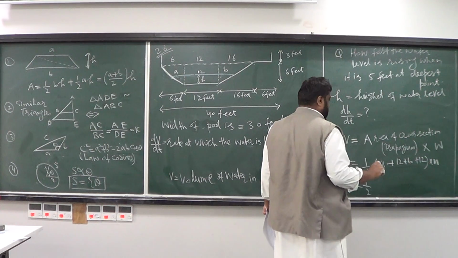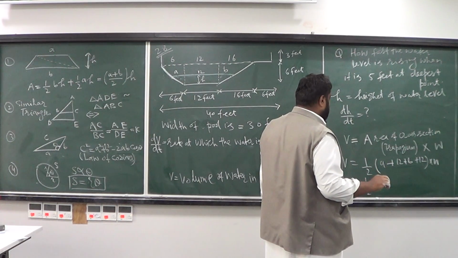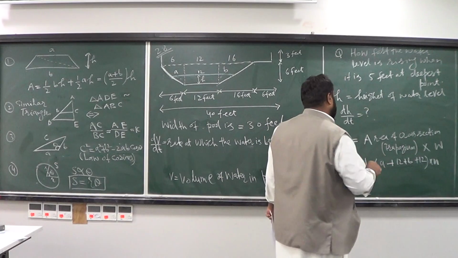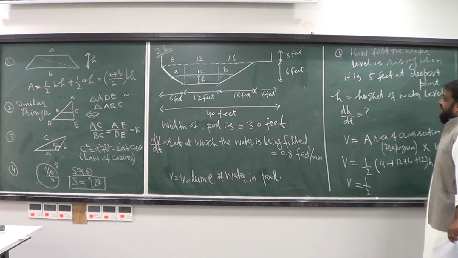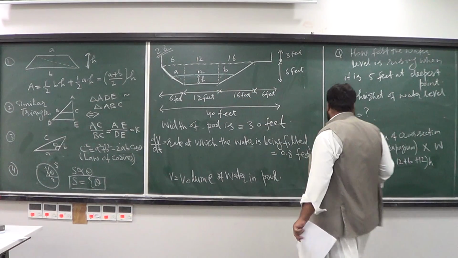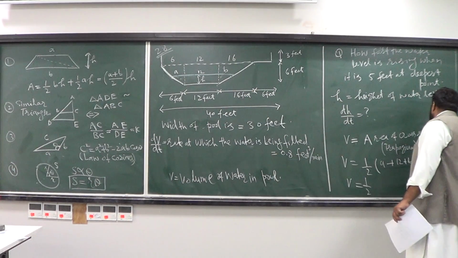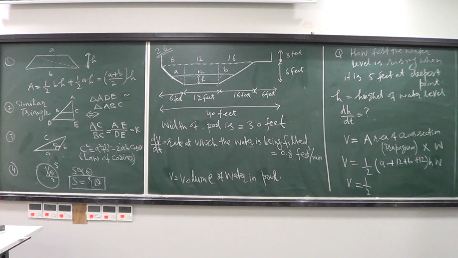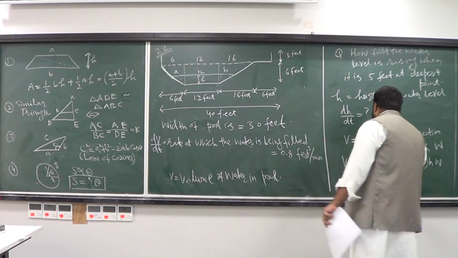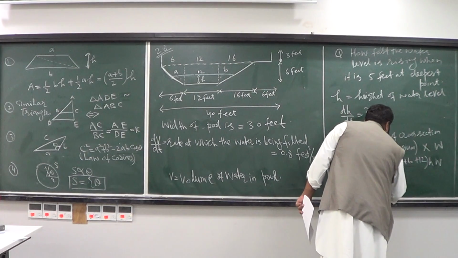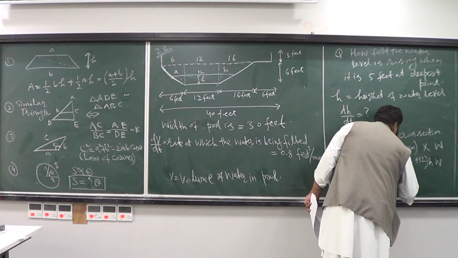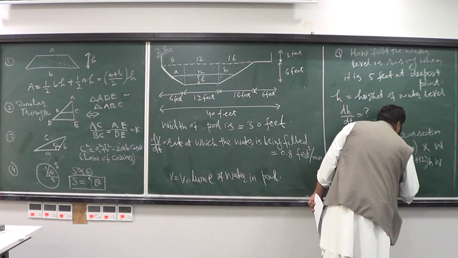1/2, sorry, so I need to also multiply this by the height of the water, and this multiplied by the width. So this would be the net volume. If I simplify this a bit, this is going to be (A plus B plus 24)